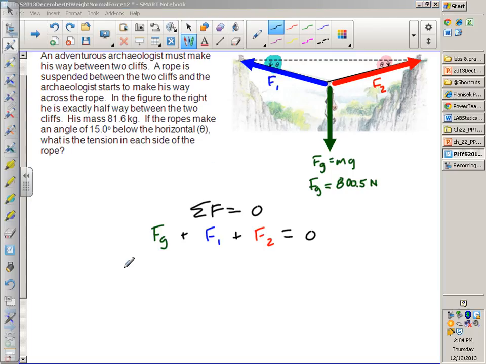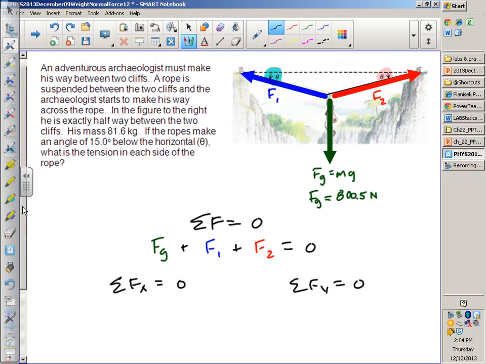But we did talk about the idea that we can split up these forces, x-axis, y-axis. That's how we do vector addition in 2 dimensions. Look at the x-axis stuff, look at the y-axis stuff. Forces are vectors, so we can do that here. But, just like we did in the last problem,